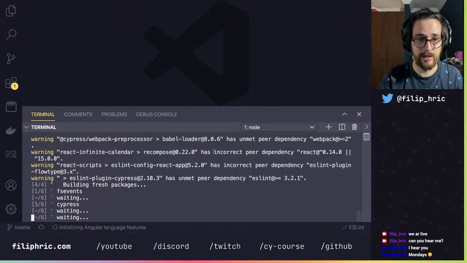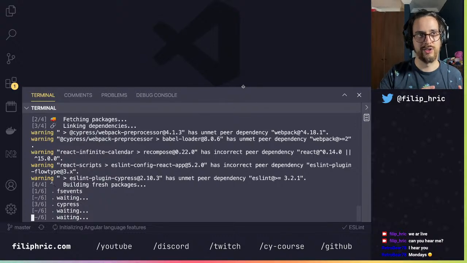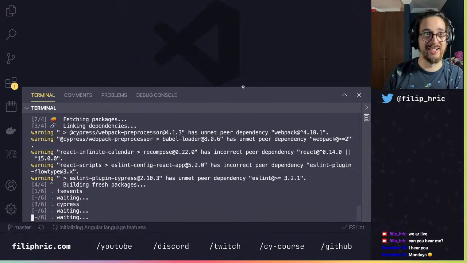There are definitely things that I don't understand yet, and I think it's a fun project to learn from and to see the intention. This is an application made by the creators of Cypress, and there's always this slight difference between intention and the reality of users using your product.